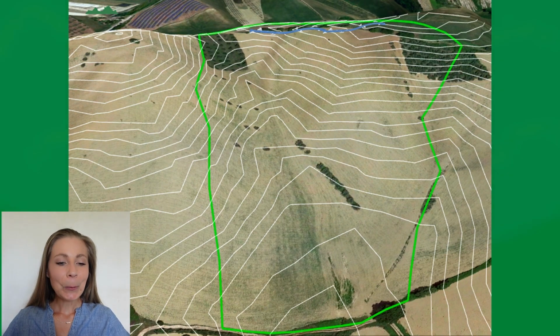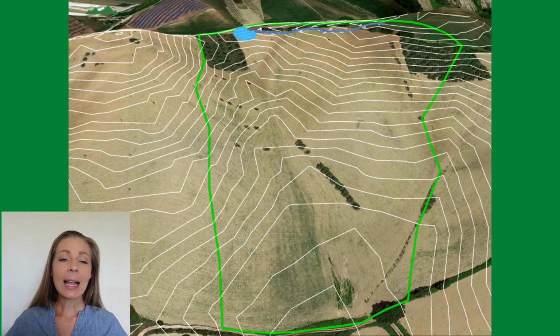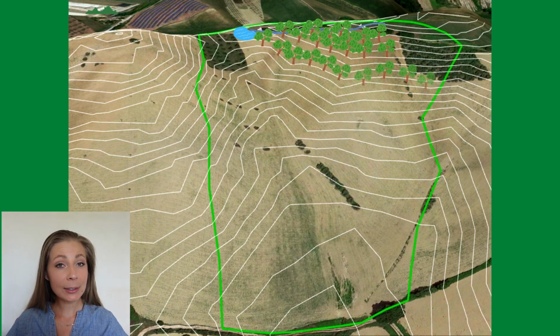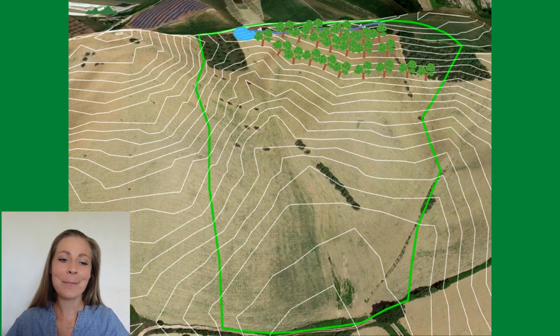Okay, so what's next? We can see that on top there is less space between contour lines, in comparison to contour lines on the bottom. That means it is steeper on top in comparison to the bottom part of the land. And 18-degree slopes or higher need to be covered in permanent forest to prevent erosion and help to stabilize the soil. In this case, the slope on top is 27 degrees, and we'll plant windbreak species in the northeast corner to help stop the cold winter wind.